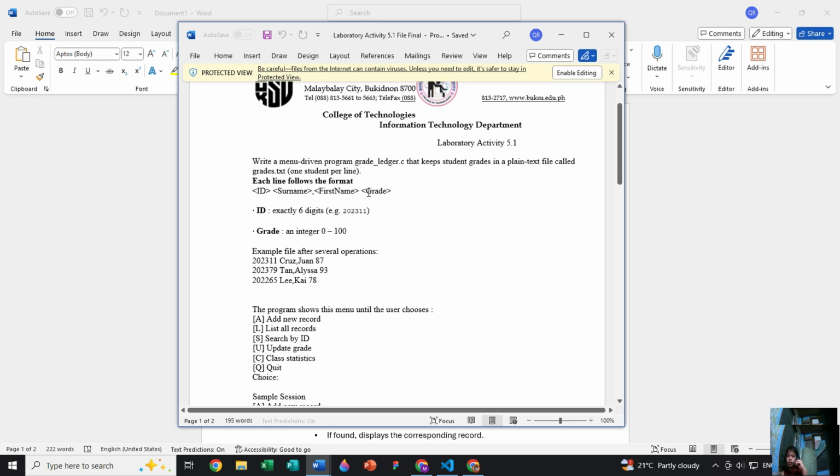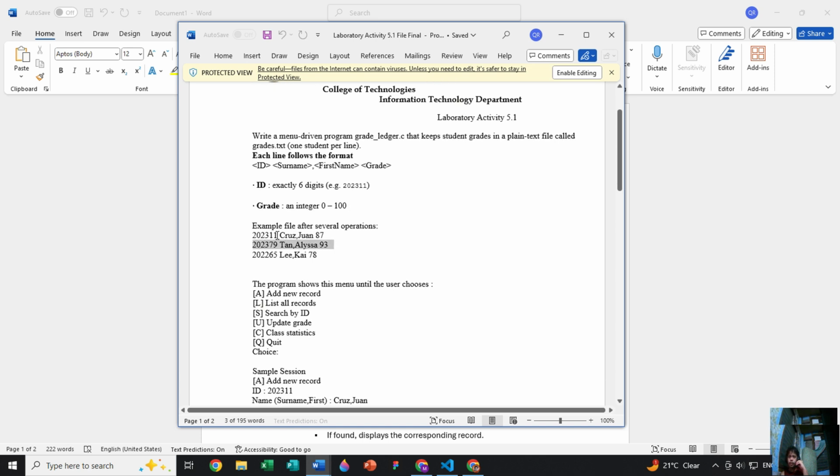So the problem here is to create a ledger that stores the student ID, the student surname, first name and their grades. They need to be exactly 6 digits for the ID and the grade must be between 0 to 100. And here are the examples that needs